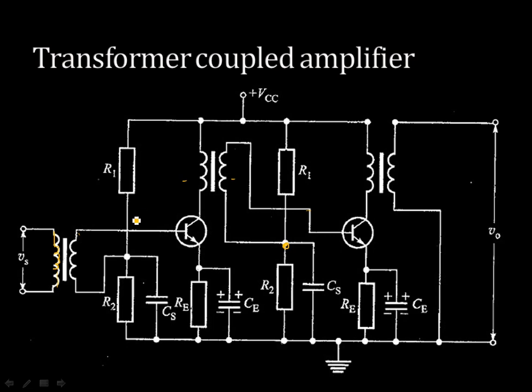Here you can see there is no coupling capacitor. They are absent here. The DC isolation between the two stages is provided by the transformer itself. Here you can see the transformer is providing the DC isolation. There exists no DC path between the primary and secondary of the transformer. So it is providing the isolation. The voltage across the primary is transferred to the secondary, and that will depend on the number of turns of the primary and secondary as well.